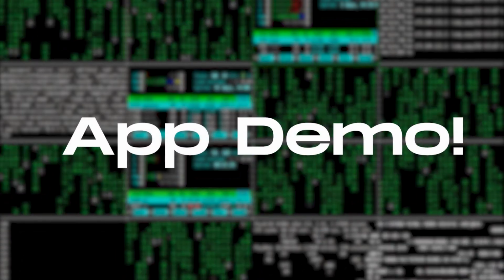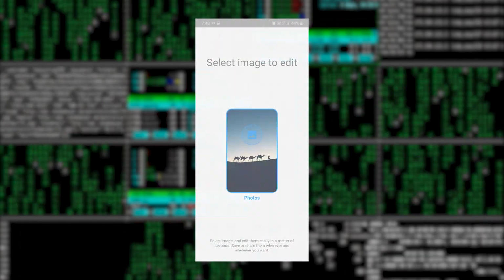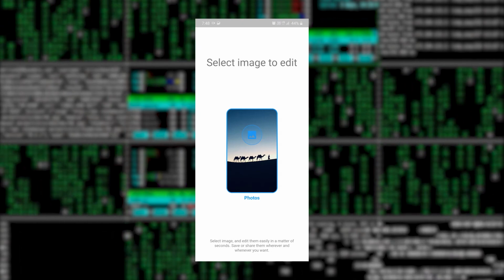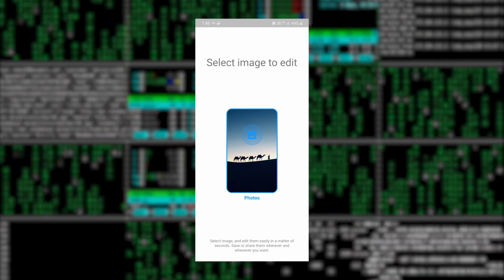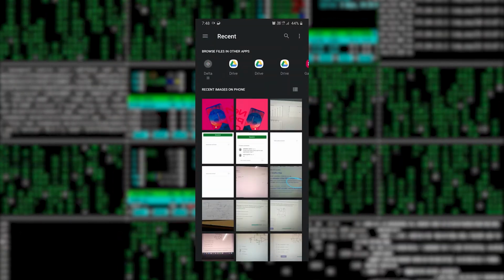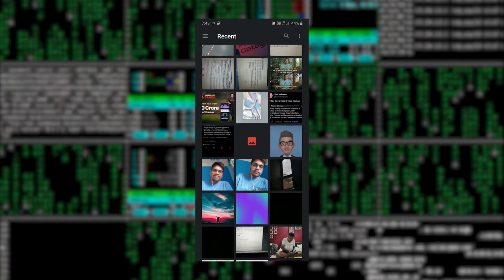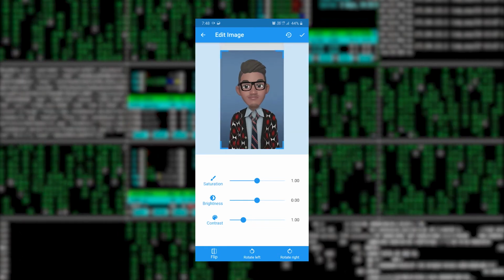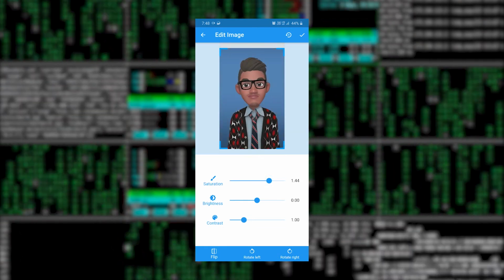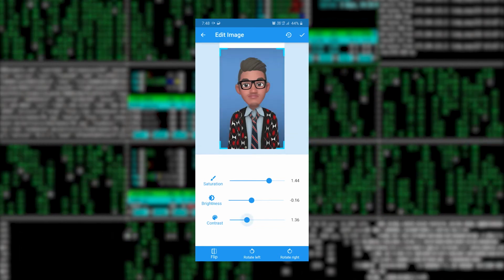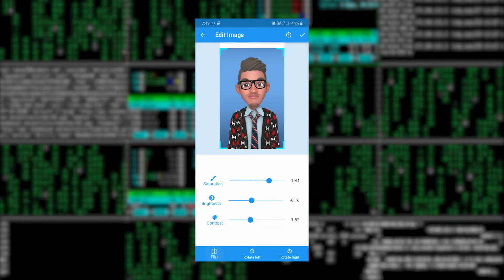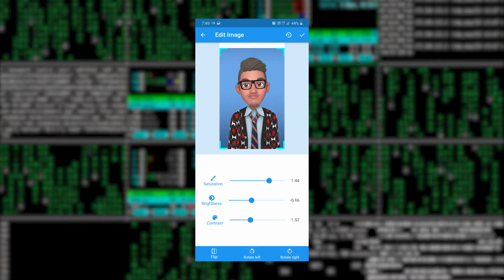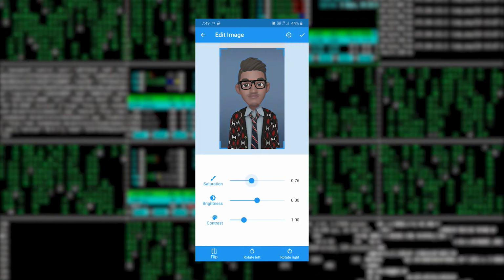First of all, let's take a quick look at what this app can do. Now, as you can see, there is this add button which lets the user pick an image to edit. Now let me quickly select one. Now after you have successfully selected the image, it redirects you to the edit screen where you can see all these options. So like I can increase the saturation, decrease brightness, increase contrast, flip the image and so much more.